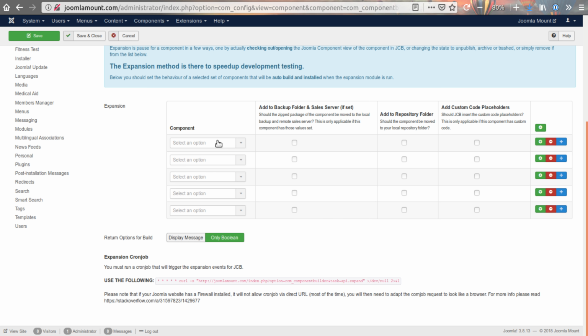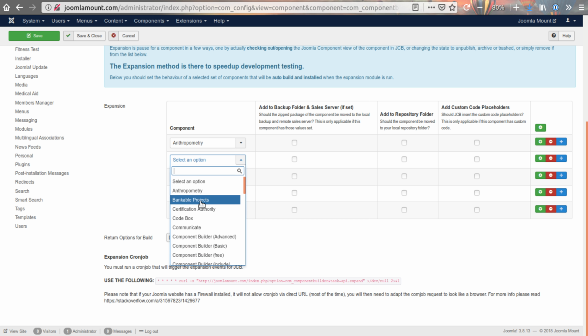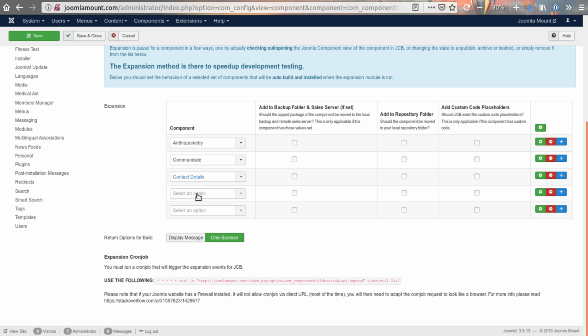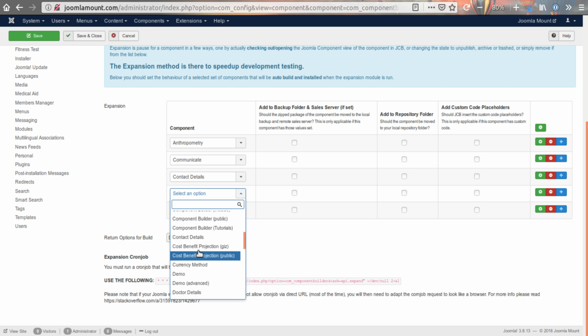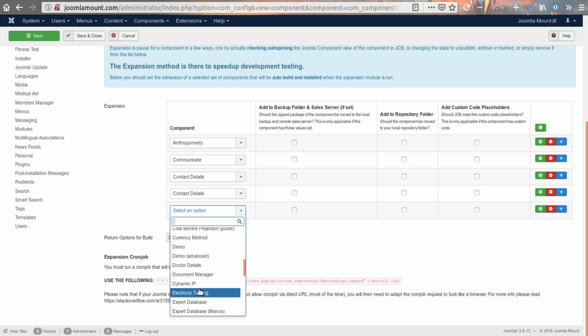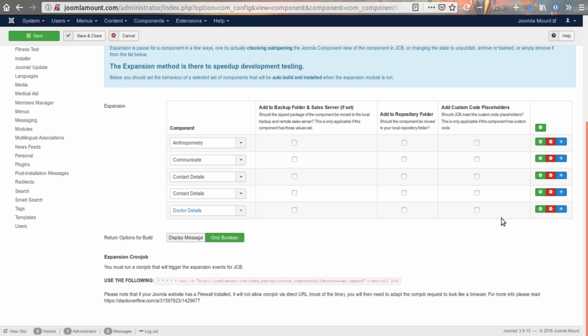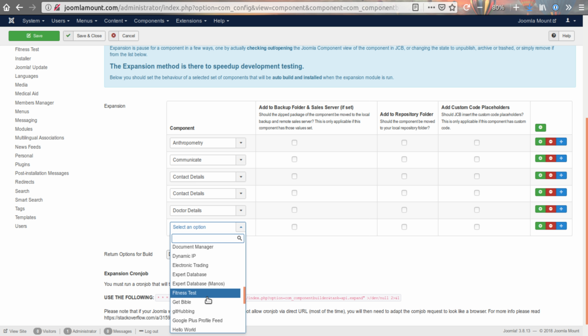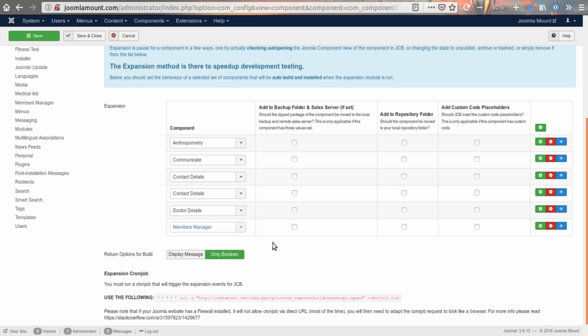You can see here you can select multiple components and then have them compiled and installed at once, and quite rapidly actually. So you could say, okay, I want all of these components to be moved to the backup folder